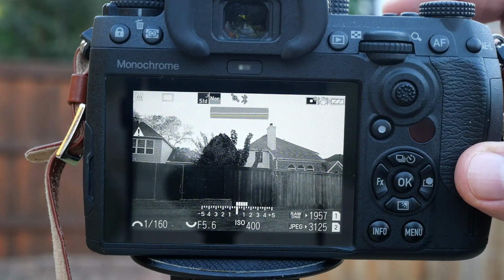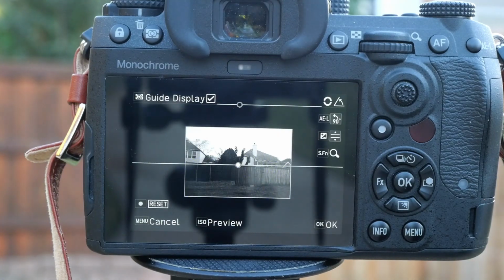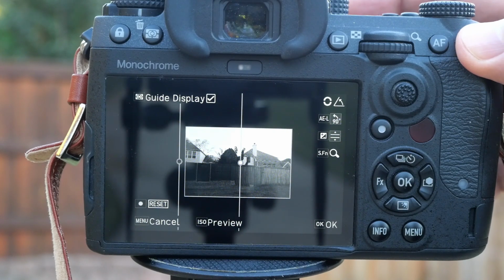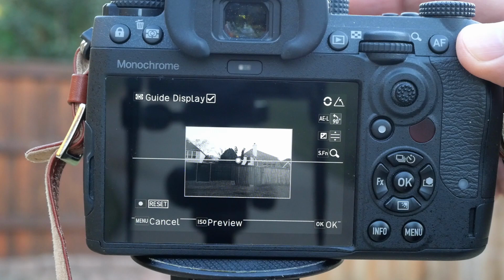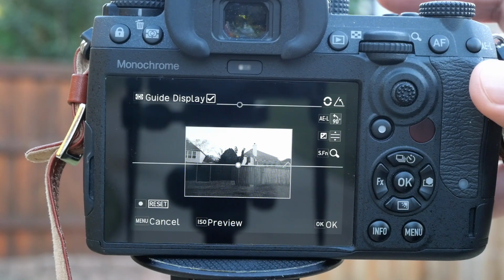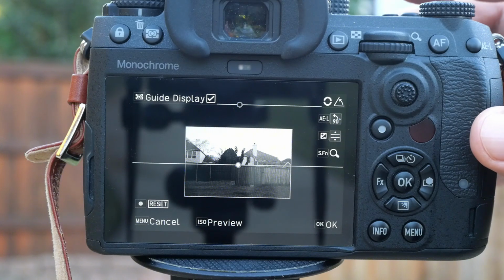So you just hit the shutter as normal and it shoots too. Now here's what's interesting. It immediately drops you into effectively a post-processing mode. And you can go over here to the auto exposure lock, and that rotates. You can see the lines rotating around, so which area you're going to do the variable density filter. We'll leave it as the top half of the photo. You can also